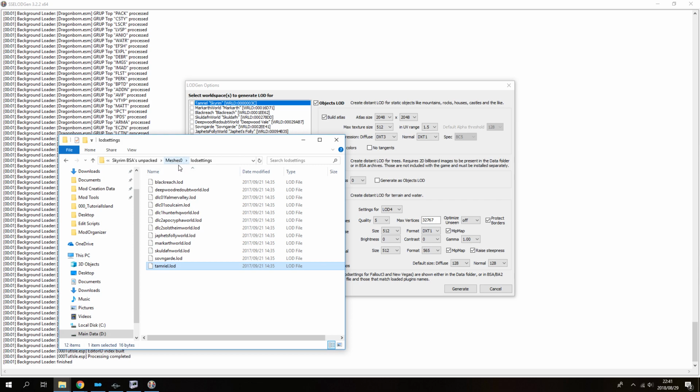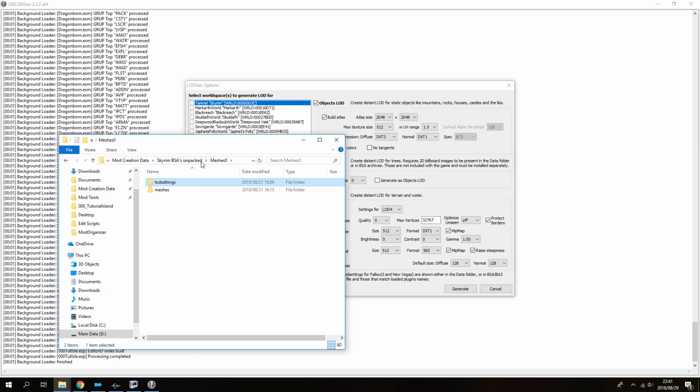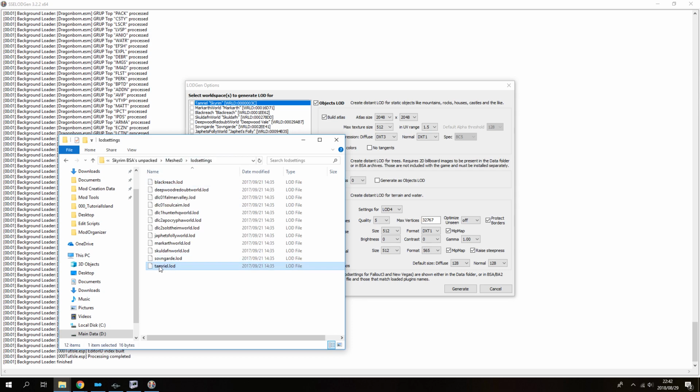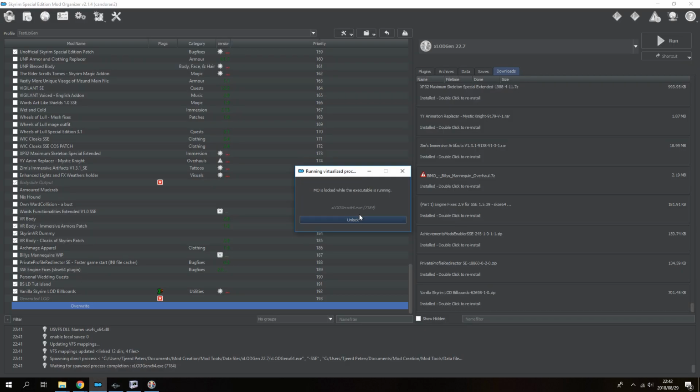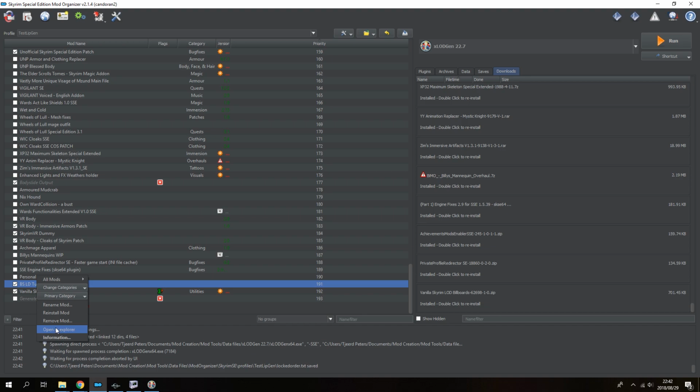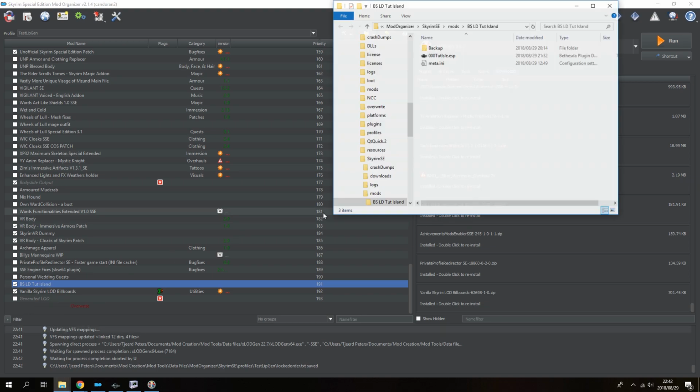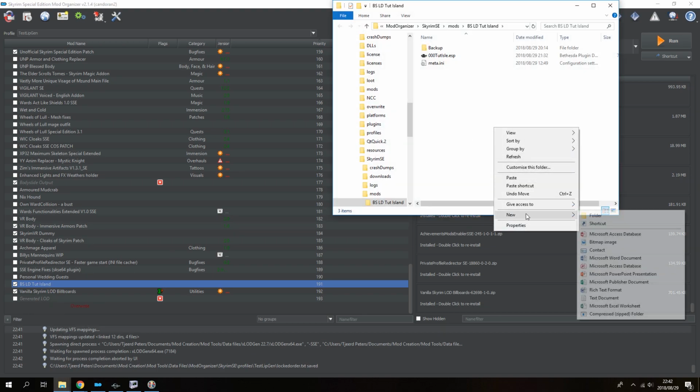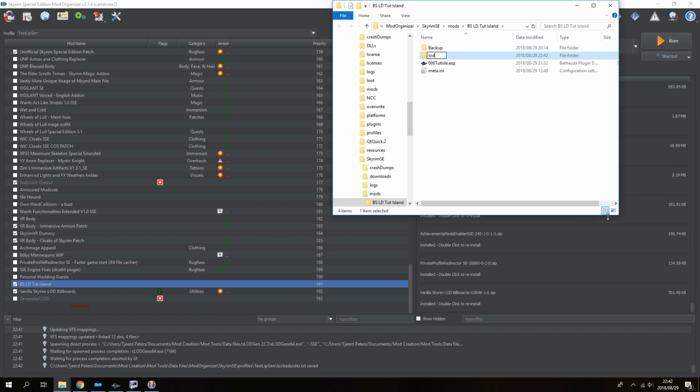You can find this in the Meshes 0 BSA, or for the regular Skyrim in meshes.bsa, and when you extract that you'll find the LODSettings folder. You open that up, you copy tamriel.lod. Now you either go into your mod or into your data folder, and if the LODSettings folder does not exist yet, you create a new folder, rename it LODSettings,